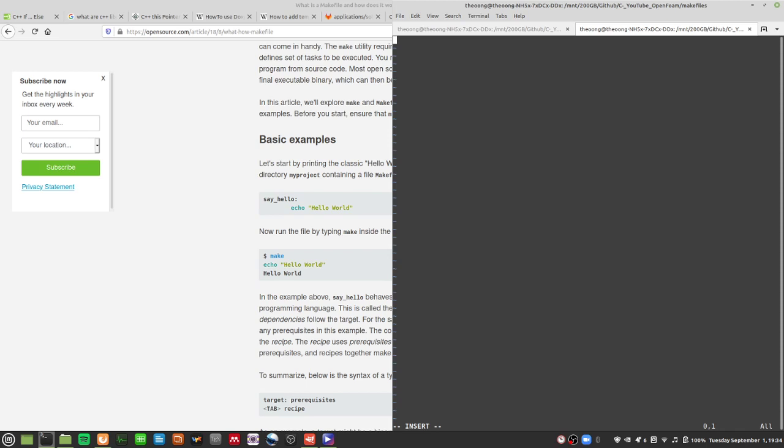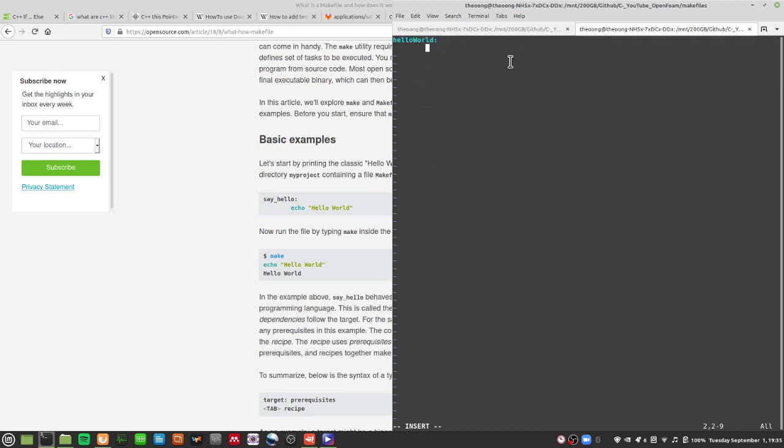So I can just type hello world. This is your first Makefile, and you notice Vim will automatically give you all the colorings and everything. That's making the syntax on. If you turn on the syntax function, it will do that. I won't cover that in this video. But you see that the hello world